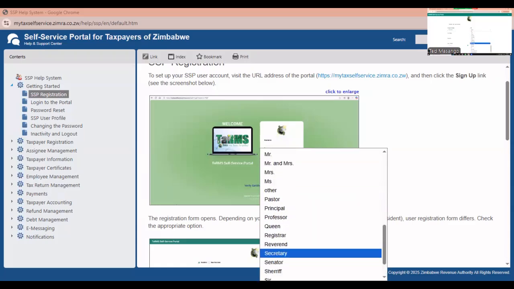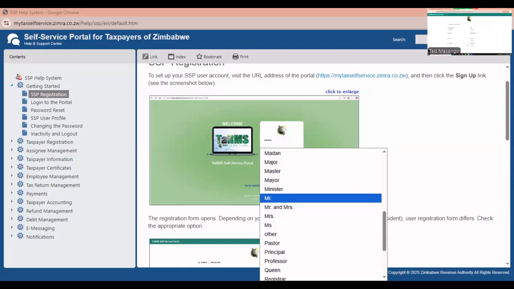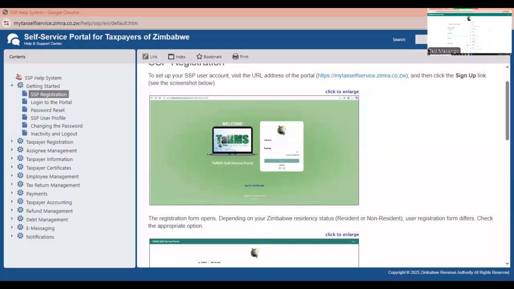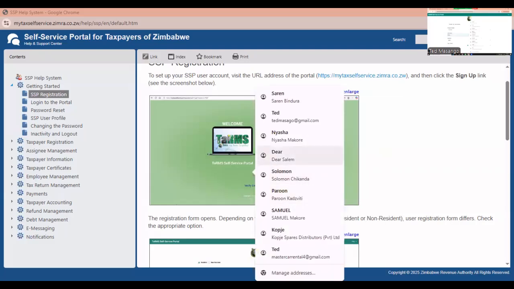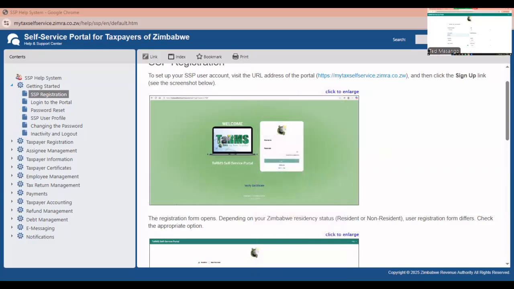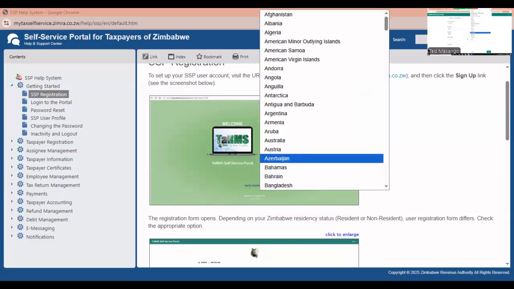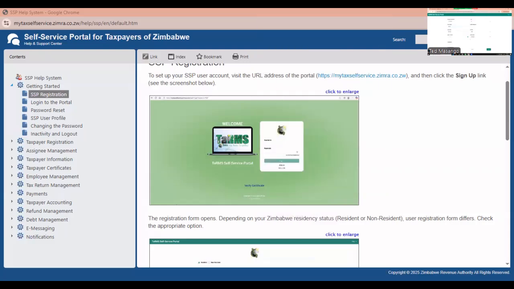I want to just register as Misty. Then I can put my credentials, the ones which I used. So I'm using this. Then I'm selecting gender. Then I'm selecting, let me just select any nationality. It doesn't matter. Let me put in my date of birth. Then again, I'm just putting in